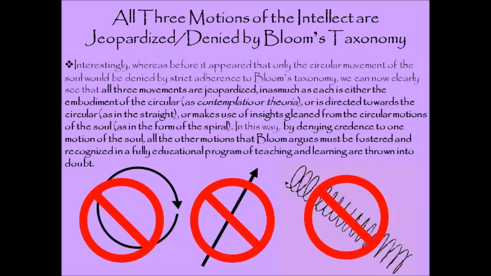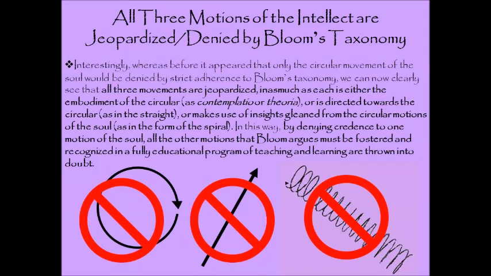Anyway, all three of these motions of the intellect are jeopardized or denied by Bloom's taxonomy. Let me explain this to you. Interestingly, whereas before it appeared that only the circular movement of the soul would be denied by strict adherence to Bloom's taxonomy, we can now clearly see that all three movements are jeopardized, inasmuch as each is either the embodiment